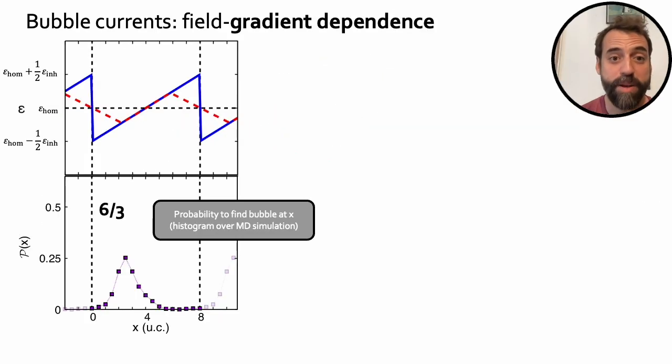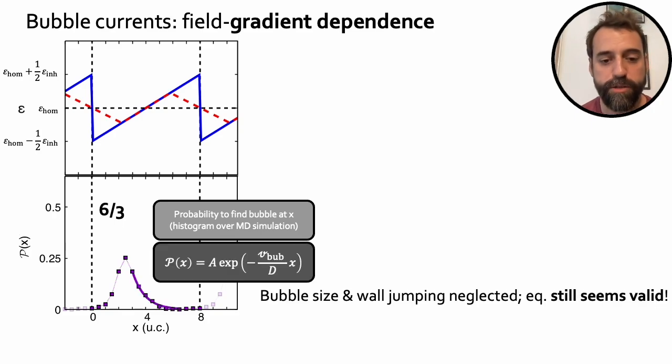Now we can implement these field profiles in our code and start running molecular dynamics to acquire statistics of the positions of the bubbles, and we can start plotting probability distributions like you are seeing here below. What we find is that the resulting histograms can be fitted very well with an exponential decay, at least when we move slightly away from the wall. Now, since we know how to compute the diffusion coefficient, we can essentially, from these fits, extract the bubble drift